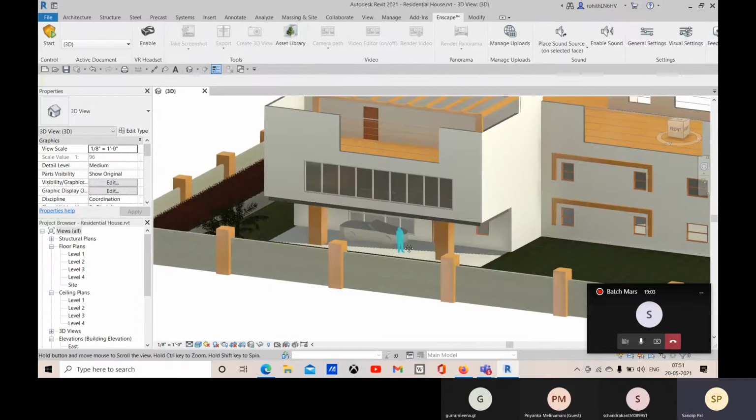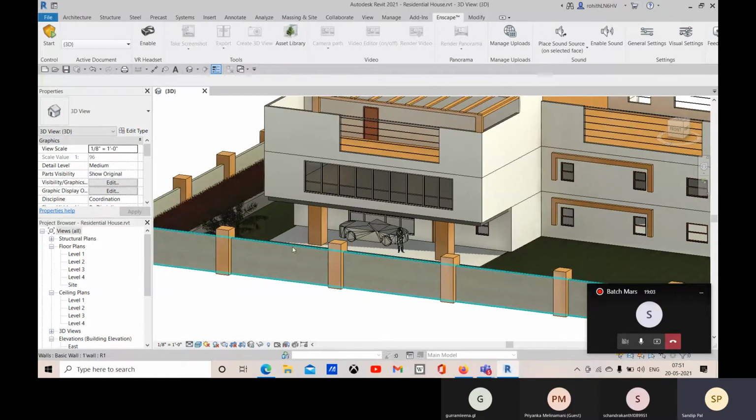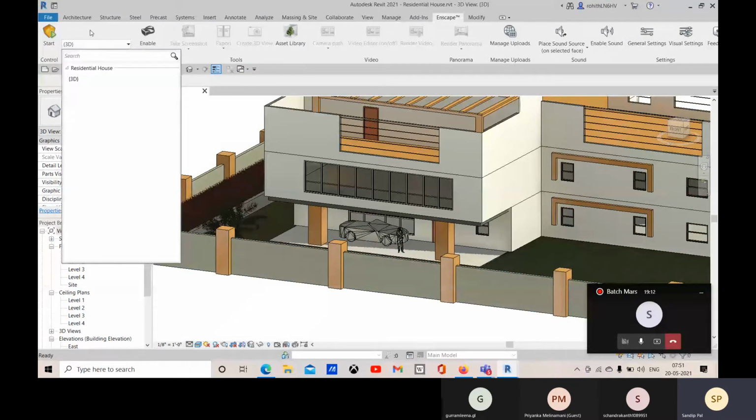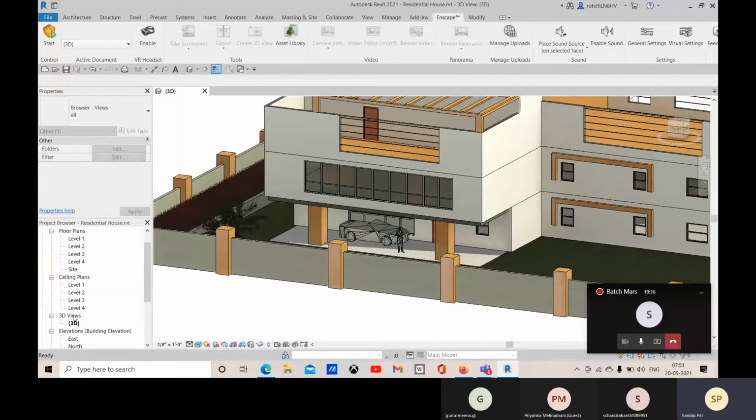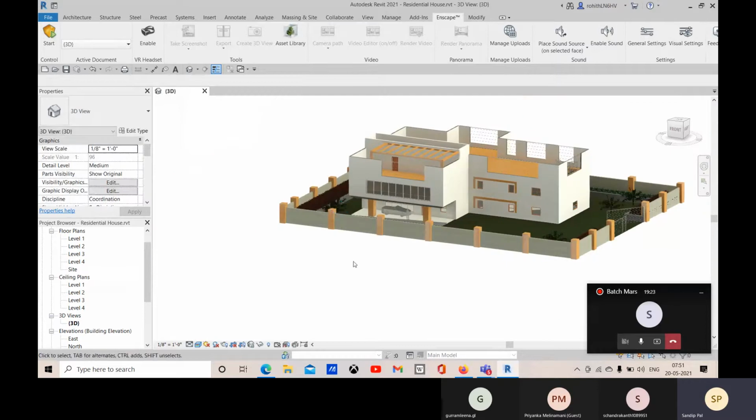Here you can check. So for that, let's go to this start option, and here if you have any particular view created, so that you can switch, you can create some more views, some specific views, and you can render those.